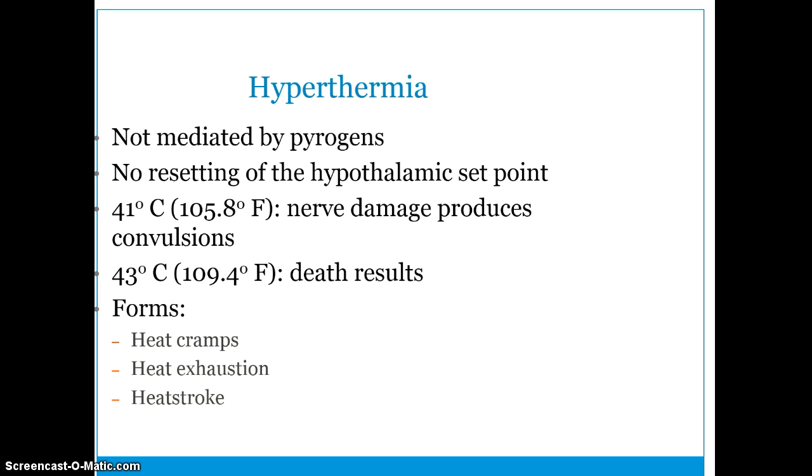Our body can go through either hyper or hypothermia depending on what's happening to the patient, but hyperthermia is not mediated by your pyrogens. There is no resetting of the hypothalamic set point. If a patient's temperature gets greater than 100 or around 105.8, that is when we start seeing nerve damage and